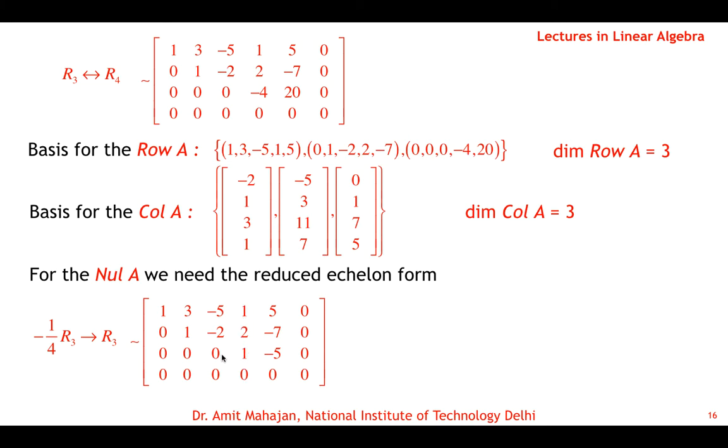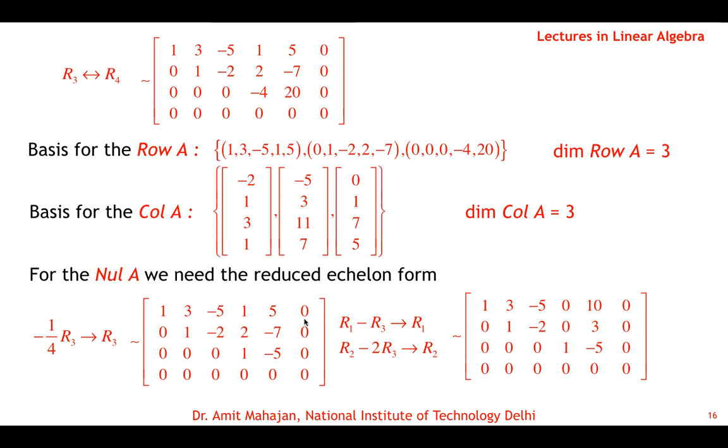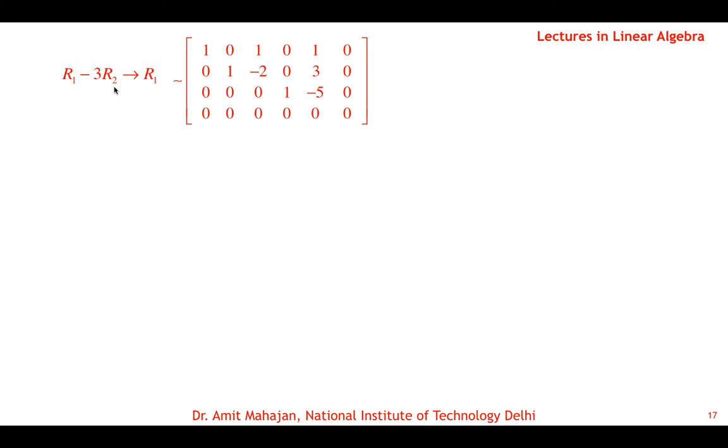Okay, so use row 1 minus row 3 impact on row 1, and row 2 minus 2 row 3 impact on row 2. So these two elements become 0. Now again there is another pivot where we have a non-zero element above, so apply row 1 minus 3 row 2 impact on row 1 to make this element 0. Then it will become a reduced equivalent form. So finally applying this, it is now a reduced equivalent form.